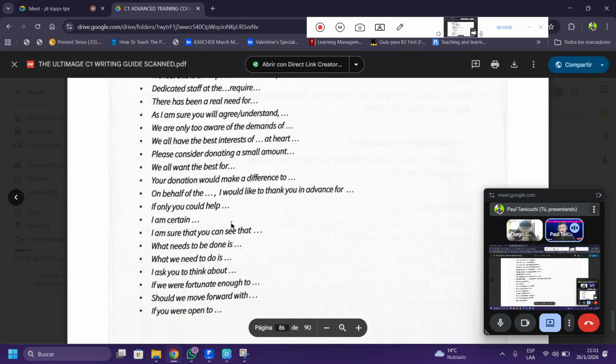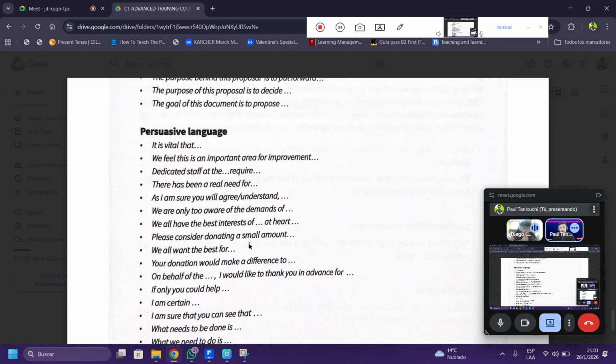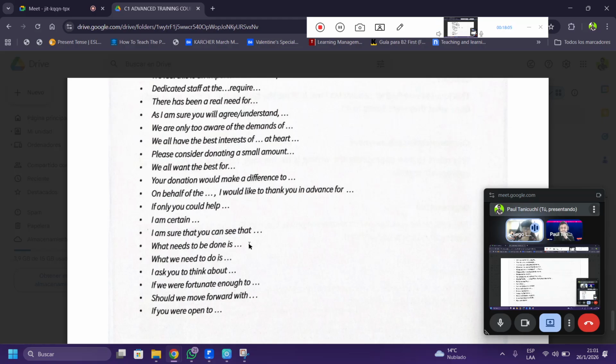Another one that you don't know the meaning of, maybe? There is an interesting new one. Not all of it is new vocabulary, but this one is very useful. Instead of saying other kinds of phrases, you can say on behalf of the. What is the meaning of behalf?